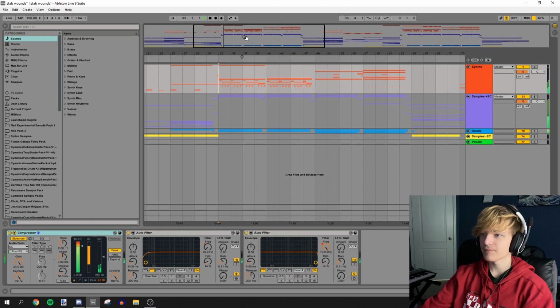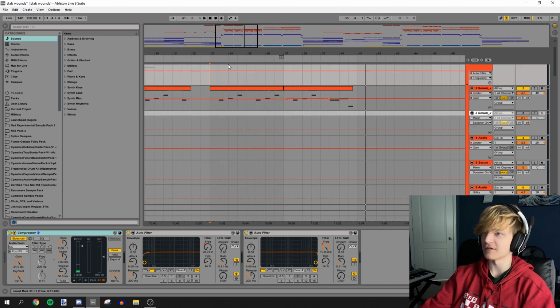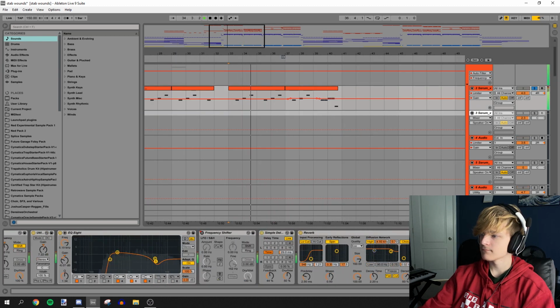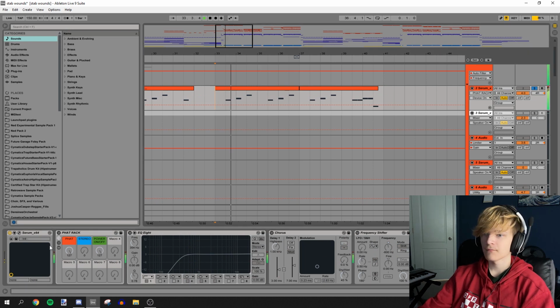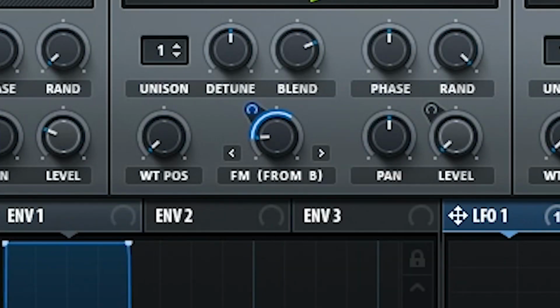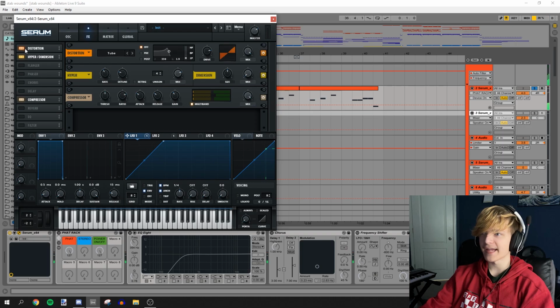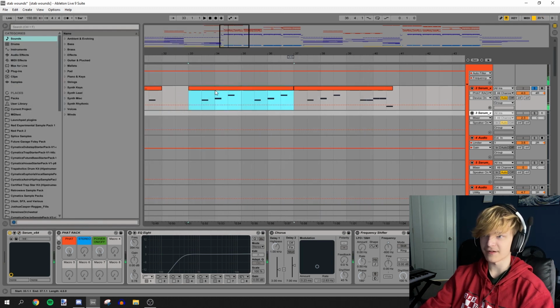Alright, so let's start with the drop. First off, you hear this insane little yoink thing. So let's take off all the effects. Without any effects, it sounds like this. Okay, so this is just two saw waves being FM to each other. And as you can see, this FM is being modulated like this. And then I added some distortion to that, just to make it a little bit fatter. Some Hyperdimension for some width, and a compressor just to make it a little bit more crisp and held together. Then I have a simple volume LFO right here,